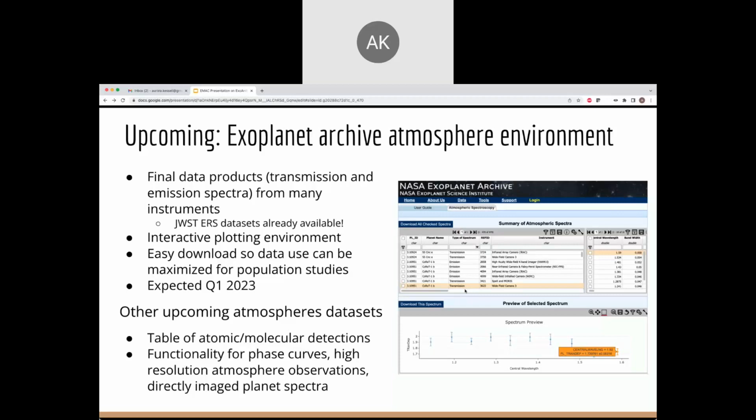So the new table is going to look something like this, where you can sort on what planet, whether it's a transmission or emission spectrum, and a facility. Once you click on whatever transmission or emission spectrum you're interested in, the table over here will show you the actual data points, and you'll be able to see a plot of the transmission or emission spectrum. You can add multiple planets to the same plot, and you can easily download the data. And this is the first step of the upgrade that we are planning to do with atmospheric